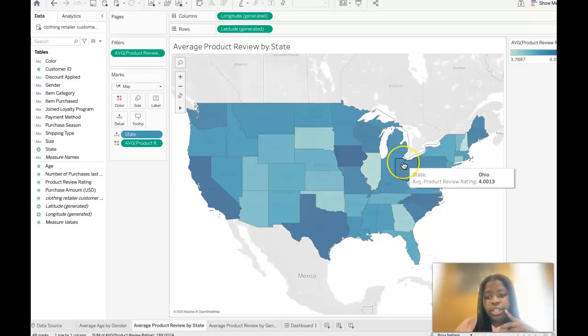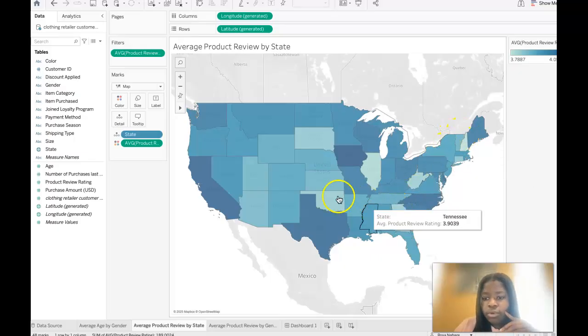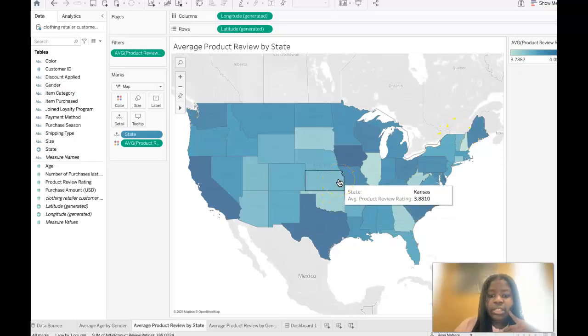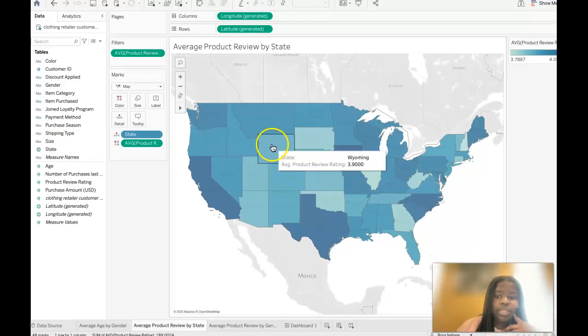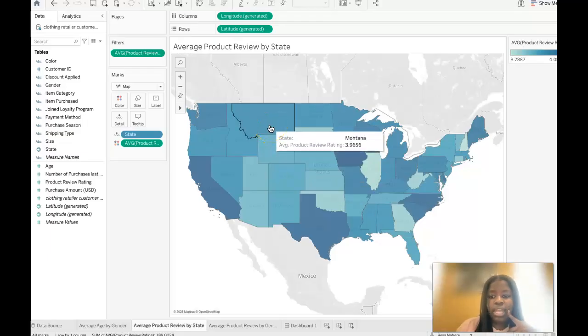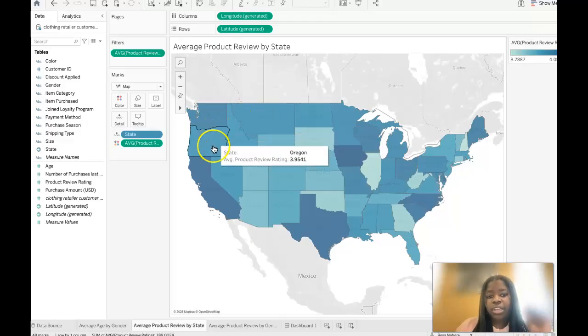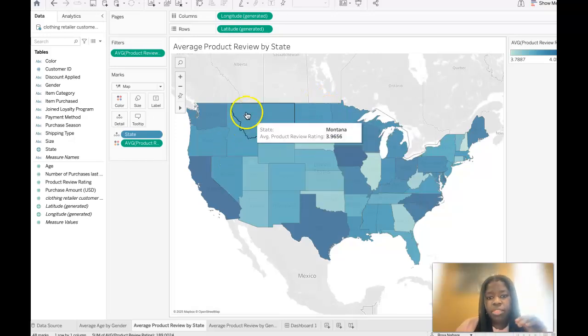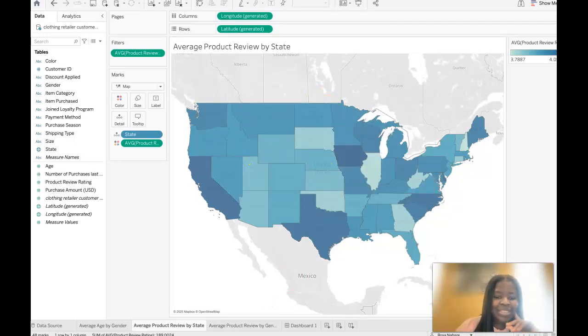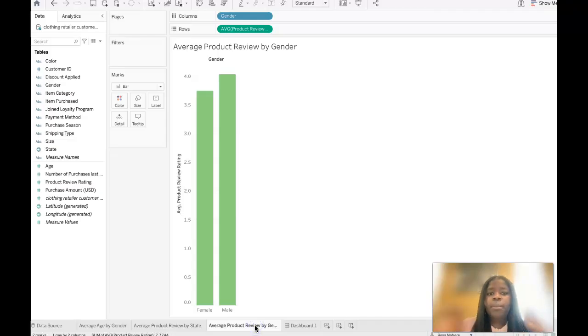You can just see which states have it higher or lower. They all range between the 3 and the 4, as you could see. Kansas is at 3.8. Montana, 3.9. So it's telling of each product by state. It's a really clean way to do it. You can just see it with the moving of your mouse, so that's really fun. For my last sheet, I got to choose the graph map, and I decided to do